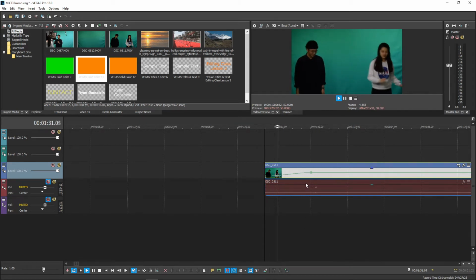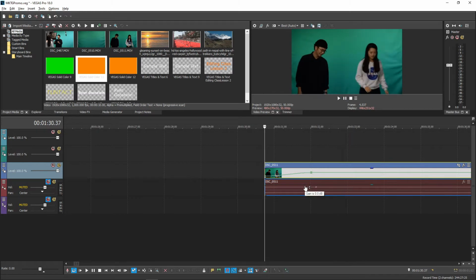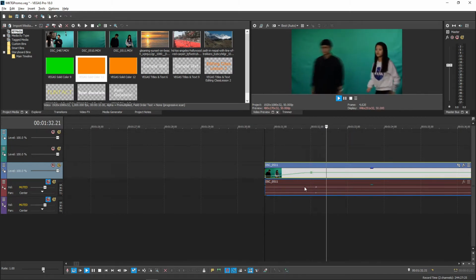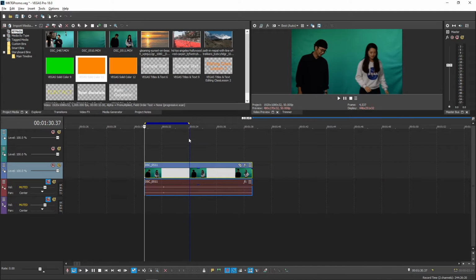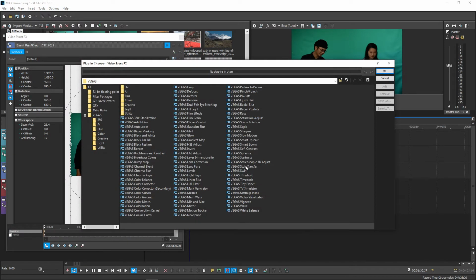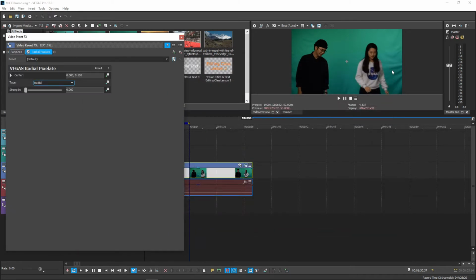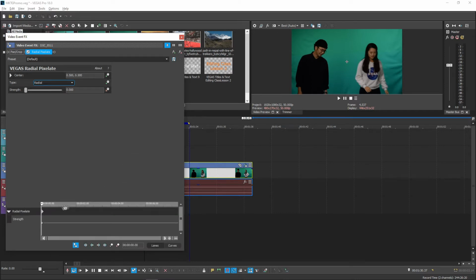In addition to envelopes, you can really animate most everything in Vegas. Let's look at special effects. Click on the FX button on your clip, and let's choose Radial Pixelate. Open it up, and you can see next to each of the adjustment settings, there are little clock icons with a green plus sign. Click on the one next to the strength slider, and you will see how it opens up a mini simplified timeline underneath.